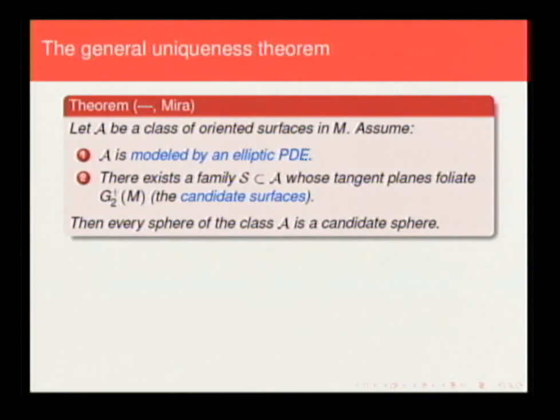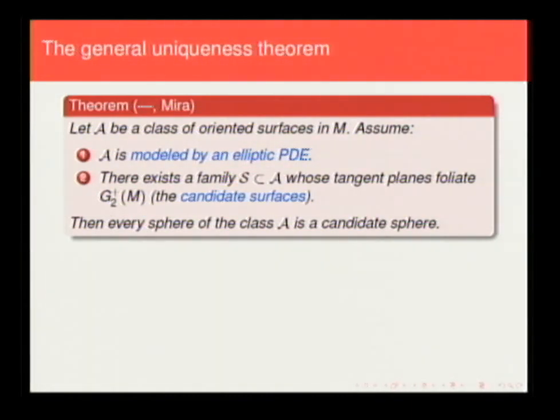This means that for every plane, at every point, we have only one surface on our subset S that is tangent at that point. And when we move the point, the surface also moves smoothly. Then every sphere in the general class must be a candidate sphere. That is, every sphere of the class A must belong to the